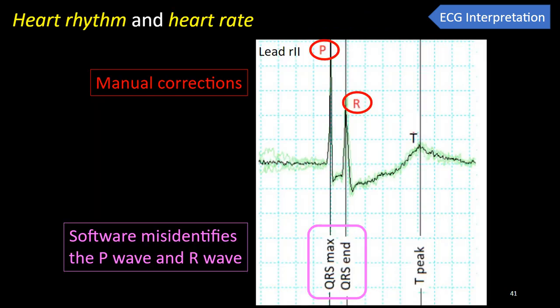Now, for heart rhythm, we determine the heart rhythm to be sinus if there is a P wave preceding every QRS by a normal and reasonably short PR interval. We determine rhythm regularity by the regularities of successive PP and RR intervals. Zebrafish P wave can be quite large, even larger than the R wave at times, as shown in this figure. So it's important to verify that the software identifies P wave and R wave correctly, and we can fix any auto-identification errors by moving the misplaced cursors to the appropriate waves.